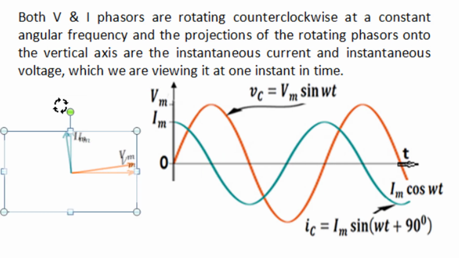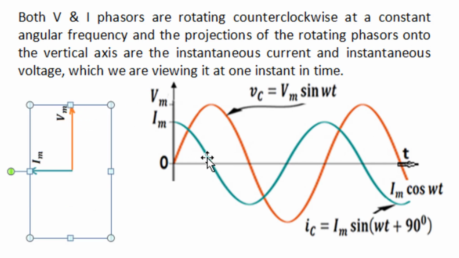During this time interval, the projection on the vertical axis of current continuously decreases and the projection of voltage on the vertical axis